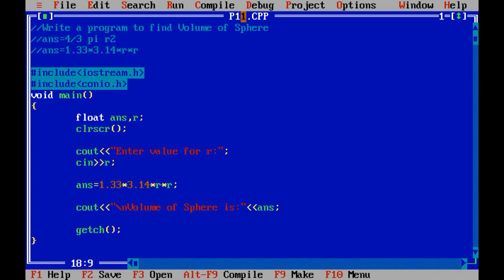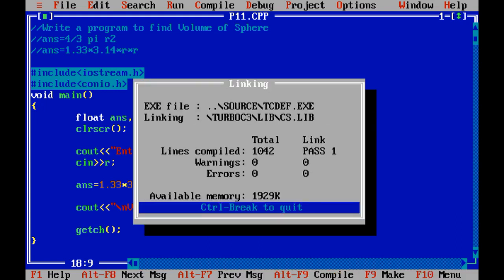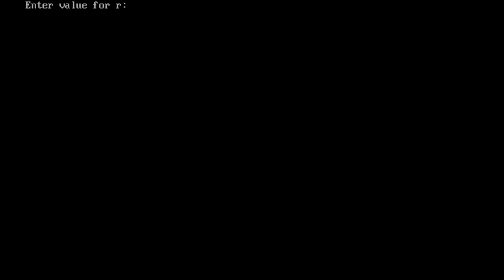Now let us run the program by pressing Ctrl F9. You need to input value of r. I am inputting 5. So 1.33 multiplied by 3.14 multiplied by 5 into 5. You can check this answer whether it is correct or not using calculator.